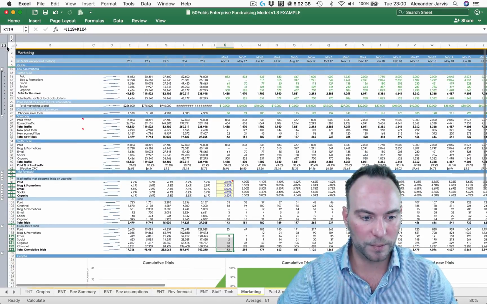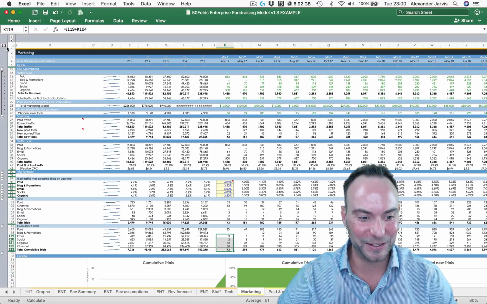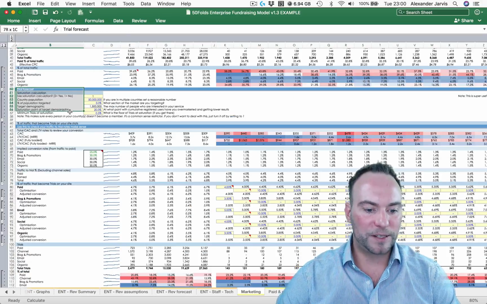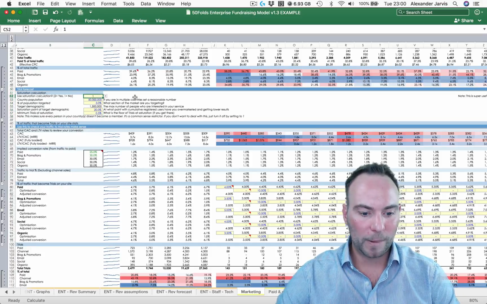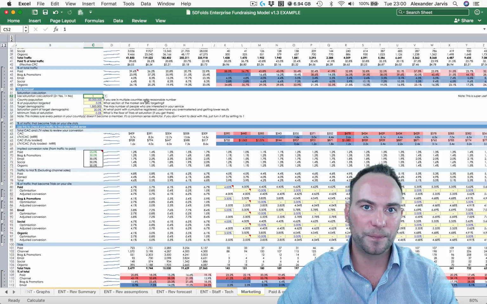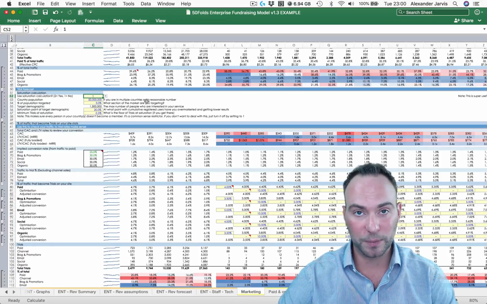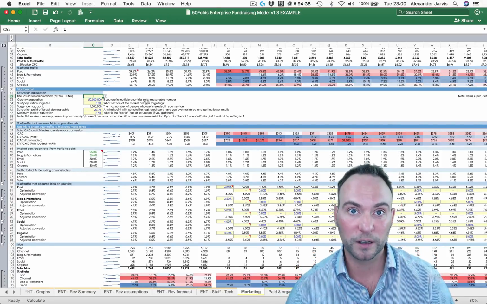Now let's open this up because, as usual, you can get a little bit more complicated. I have a saturation calculation here. Now, this is unlikely something that you need to do, which is why, by default, it's 1. What it fundamentally is saying is if you go crazy on marketing, there's going to be a point at which your conversion is going to get diminished because you just get too big. Think Facebook.